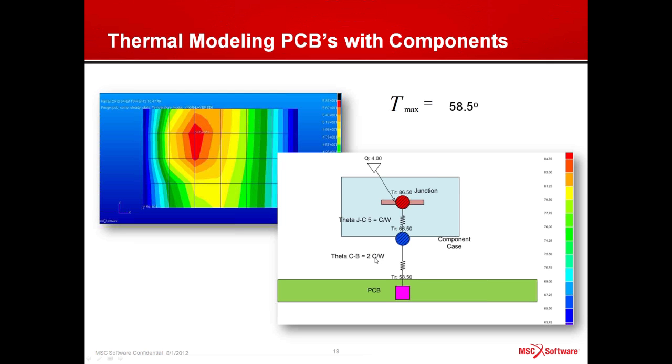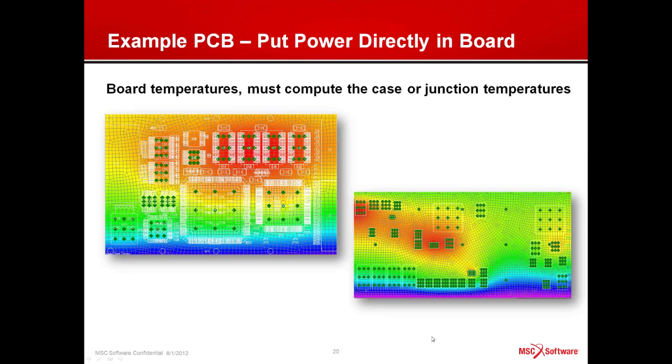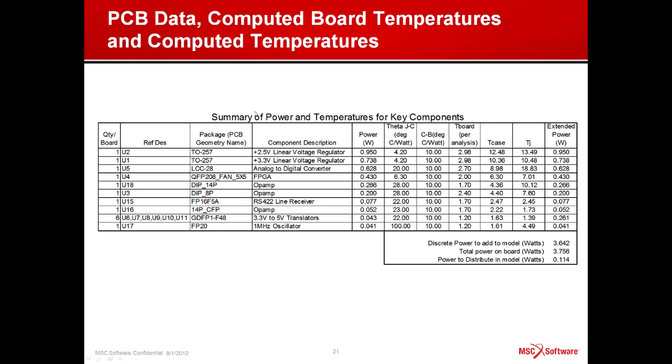In this case, I just picked 2, so those 4 watts are flowing through here. We get about an 8-degree delta across it. So what some people do is, instead of modeling all the components on the board, they'll just bring in a CAD file and mesh it, maybe mesh it around the components, and then they will put the power in where all the components are and just put it right into the board. And then to get the case temperatures or the junction temperatures, if it's a power device,